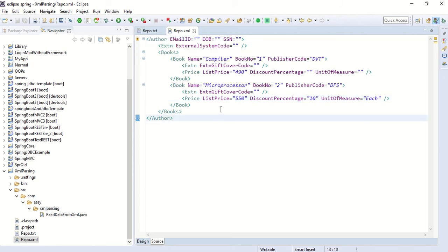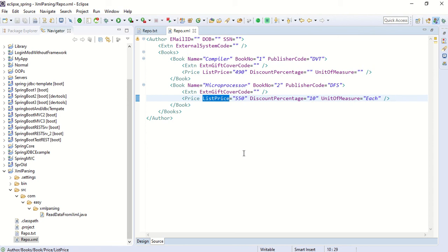Okay, so if you need to read some attribute value or element content, you have to start from the beginning and traverse to that particular element or node, and then read that attribute value.